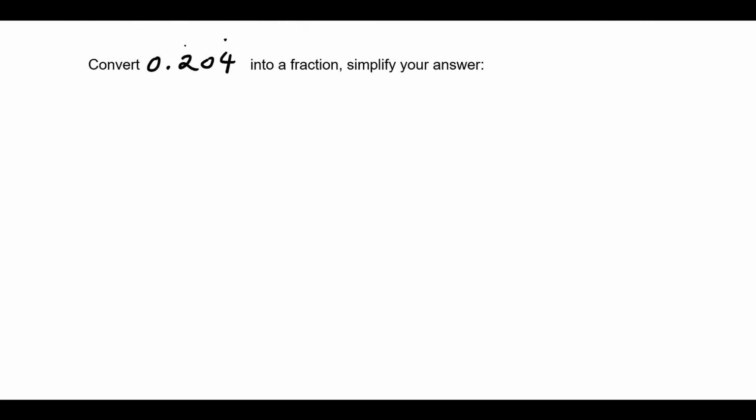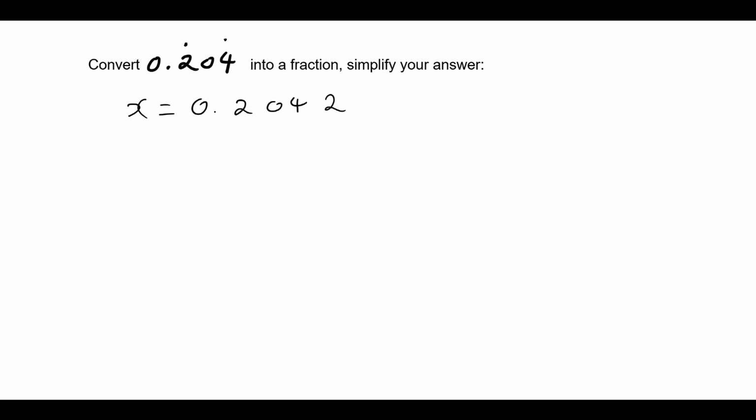Finally, let's look at one more example. Convert 0.204 recurring into a fraction. There's a dot on the 2 and on the 4. What that means is the 2 and the 4 and everything in between repeat. So that means I'm going to let x be